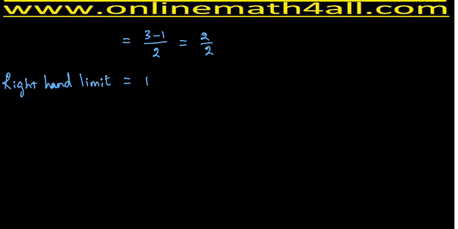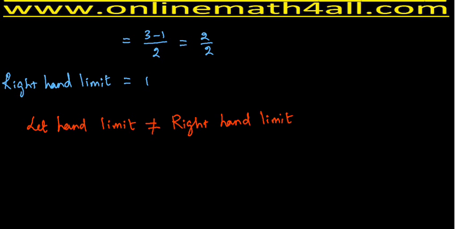So already we have found the value of the left hand limit, that is 0. The value of the right hand limit is 1. So the left hand limit is not equal to the right hand limit. So these two limits are not equal. The left hand limit at x equal to 1 over 2 and the right hand limit at x equal to 1 over 2 are both not equal. Since they are not equal, we decide the function